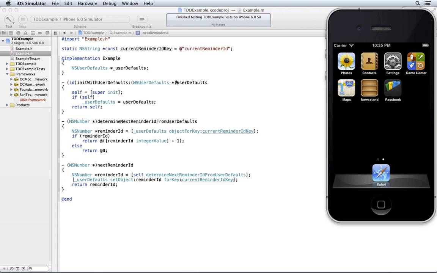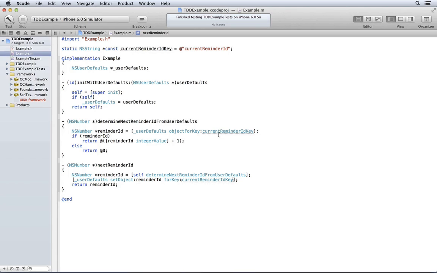Now, I'm going to use this constant any place that the key is used here in production code, but I'm not going to use this. I'm not going to share this with the test code through the header file. I want the test code to be ignorant of this, so that, let's say something bad happens and a typo occurs here. Well, this will fail now because the test has its own sort of knowledge of what the key should be.